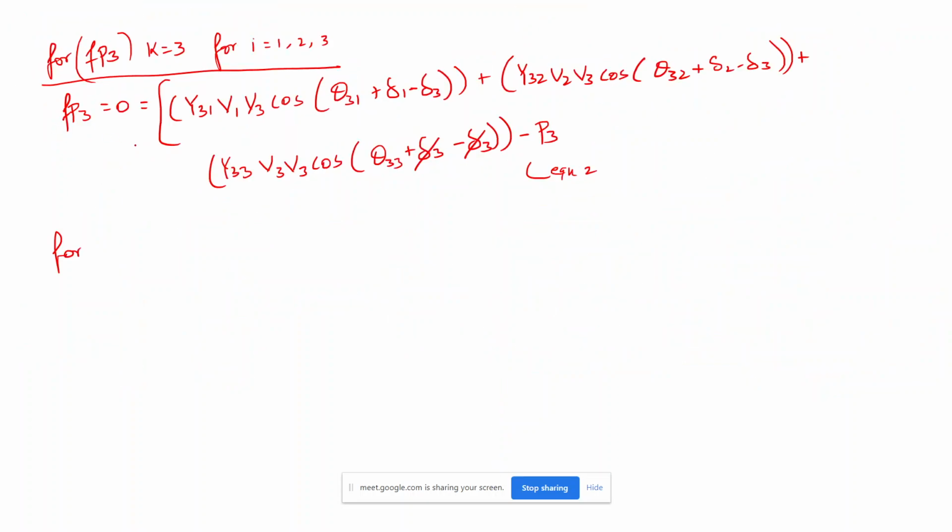Okay, so next we need to find out for Q2, right? So this is for Q2, and what is K here? It must be theta only, then we will not get confused, because we need to find out for 2. K is equal to 2, and for I is equal to 1 comma 2 comma 3, right? And f q2 is equal to, yeah, we can use theta only, because we are using q here, so we will make it theta only, is equal to 0, and then